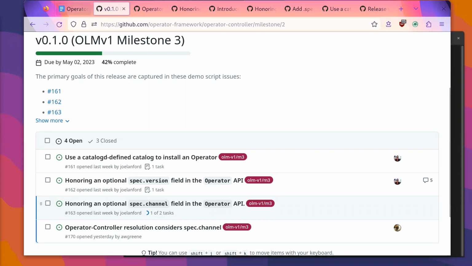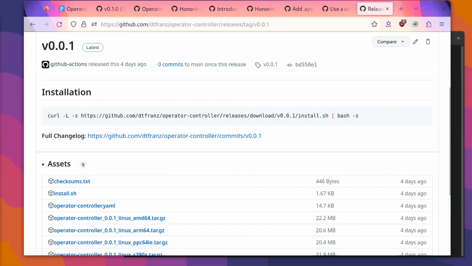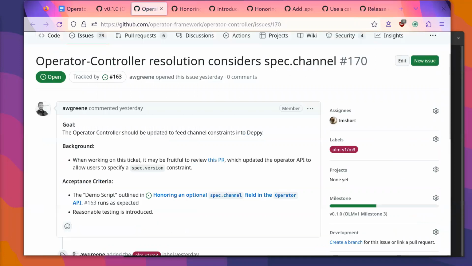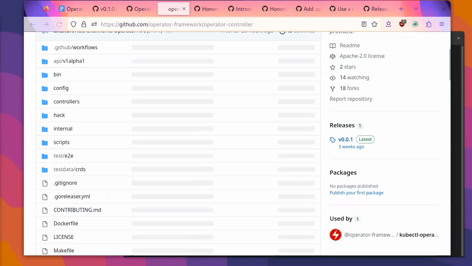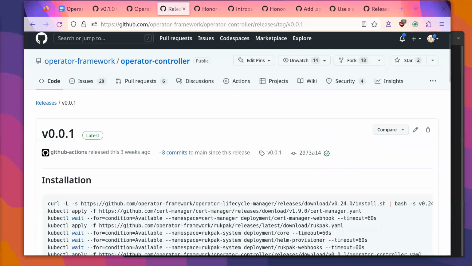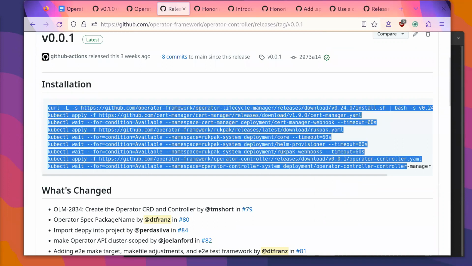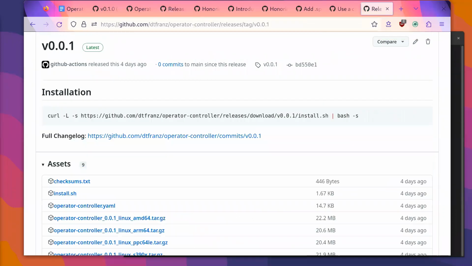In that case, I'm just going to run this quick demo. One of our goals for the distribution milestone was to change the installation script from a whole bunch of lines, which is what it currently is now. If we look here, we've got this big mess of stuff, to just a single script.